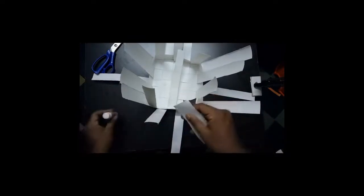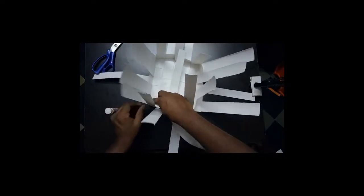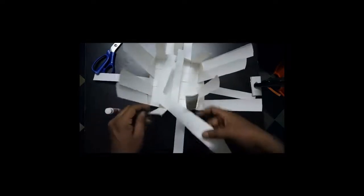I'm applying the glue here on the paper on one end, and I'm sticking it to this paper here. Any side, you can start from any side. Now simply I will weave the paper like this, in and out,